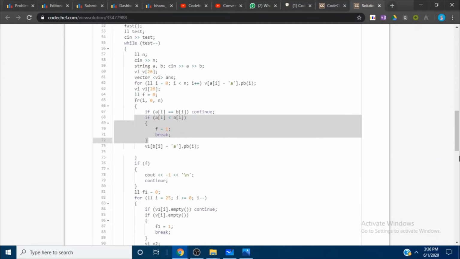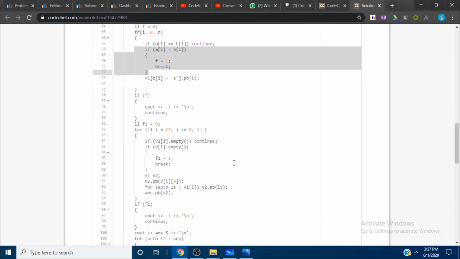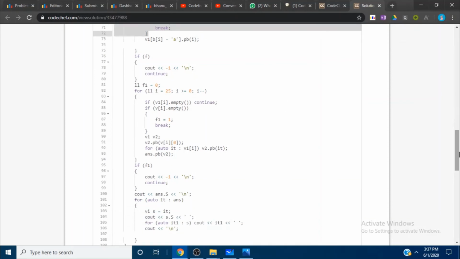The first -1 case will occur if a of i is less than b of i, then we can't choose any subset in A in which b of i will be the least character, right? So I will directly print -1 for that case. And another case is if a character is present in string B and is not present in string A, then I need to print -1, right?